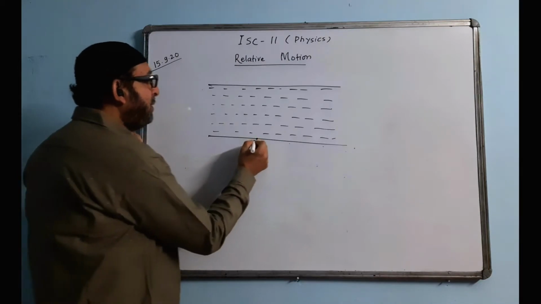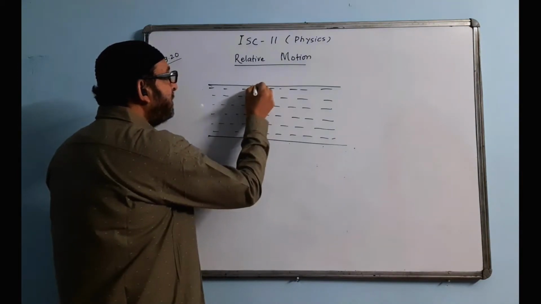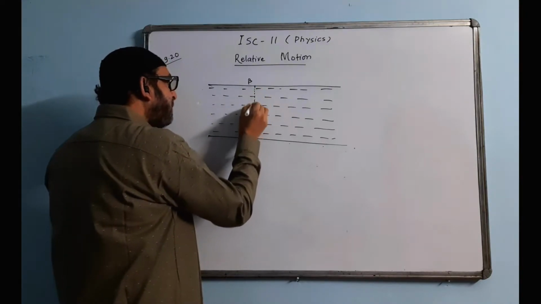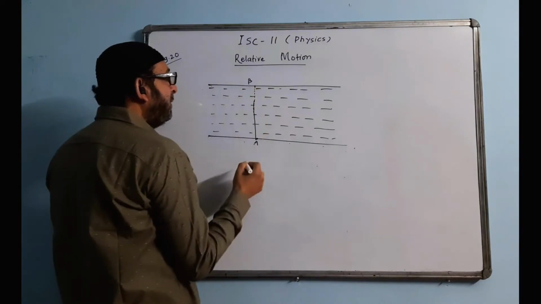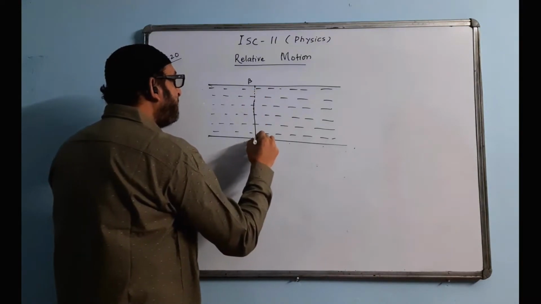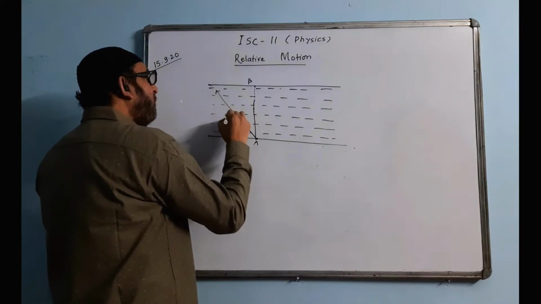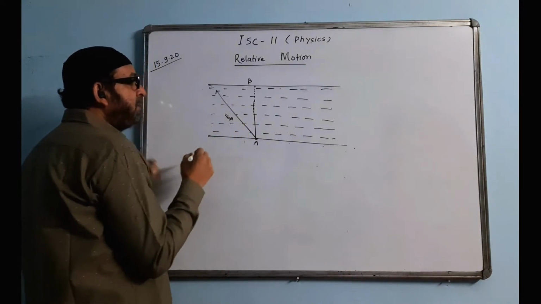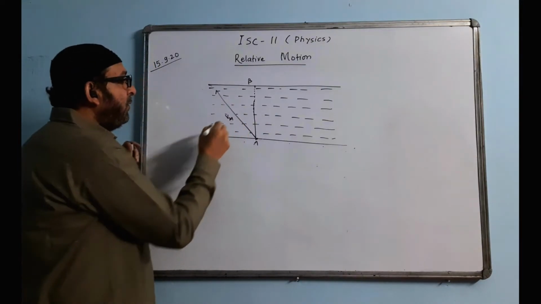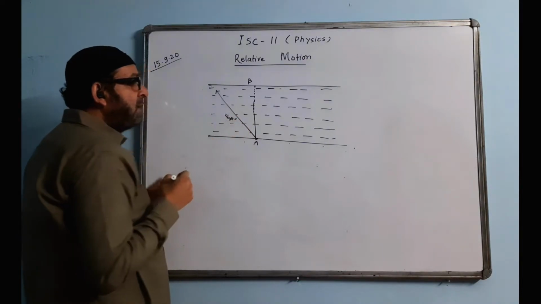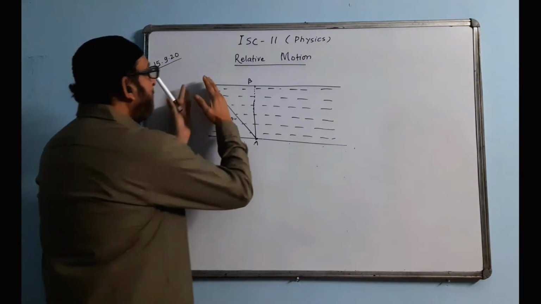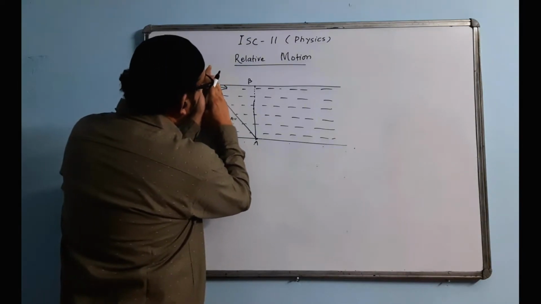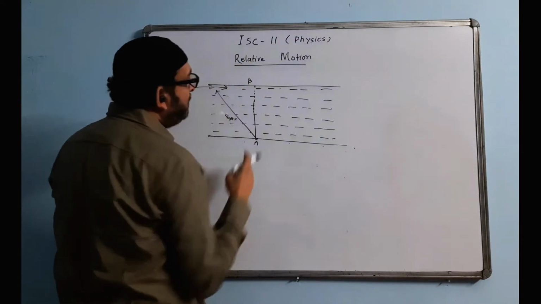That means this is the point A, the man has to reach a point exactly opposite, somewhere here. That means along the shortest path, the person has to reach over here. So in that case, the person must start swimming somewhat like this. Velocity of the man in water must be like this. Vm must be in this manner. Velocity of the man with respect to water, Vmw. The river is flowing like this. Then the river current will push the man over here, and then the man will be able to reach a point exactly opposite.